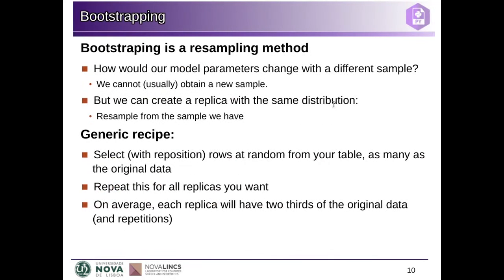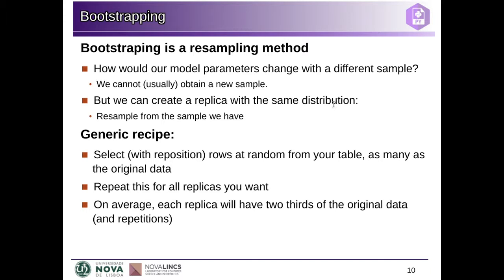Unfortunately, in general, you cannot do this. You have one sample and that's it. You cannot just repeat the experiment all over again or get new data and so on. But we could create a replica of the data with the same probability distribution. And the way we can do that is to resample from the data we have and create a replica that is a random set of values from the data we have. So we do